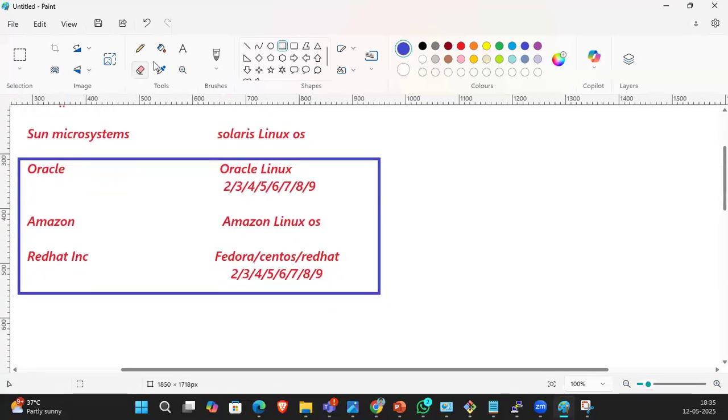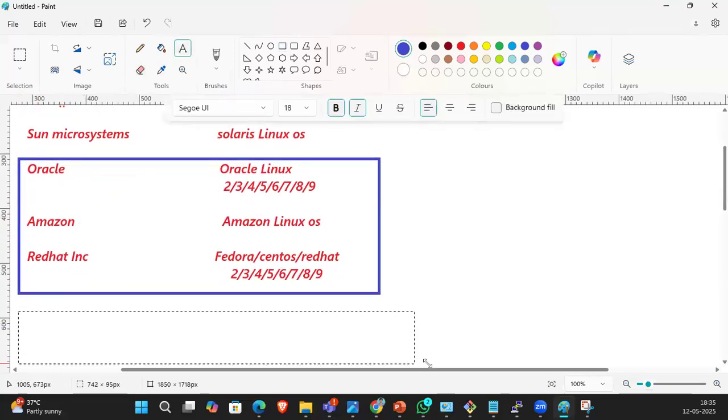Guys, understood? So the Debian company took that source code and created their own OS called Ubuntu. What is that? Ubuntu OS.